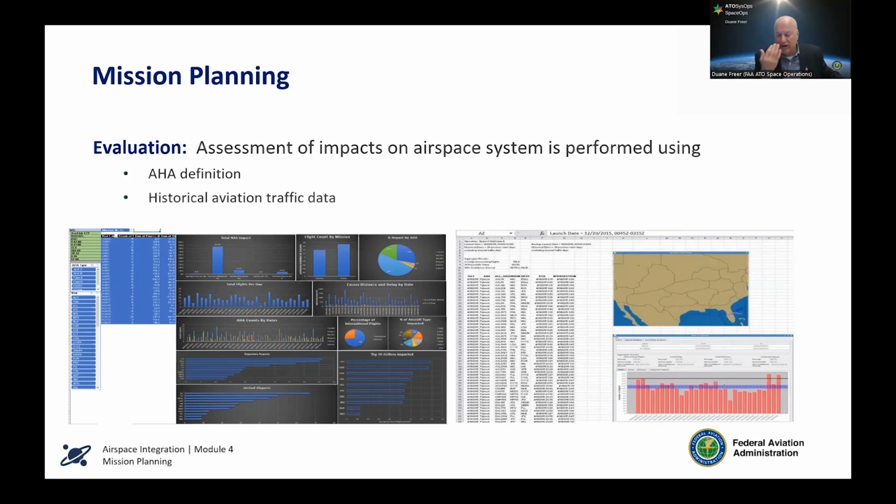And what you see there is a graph of the total number of aircraft impacted by that mission. And then on the left-hand side, you'll see the actual call signs, what aircraft, what companies, what are the departure points and destinations defined within that. So we have a very targeted capability now as we move forward into real-time support of being able to identify exactly what aircraft are impacted. So we only move the minimal number of aircraft necessary, and we maintain the efficiency of the airspace as the mission proceeds.